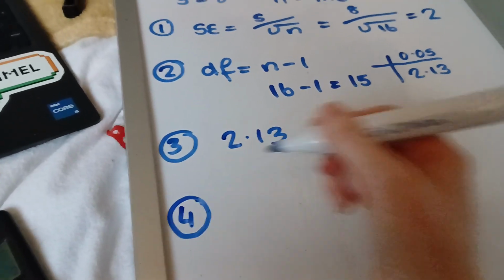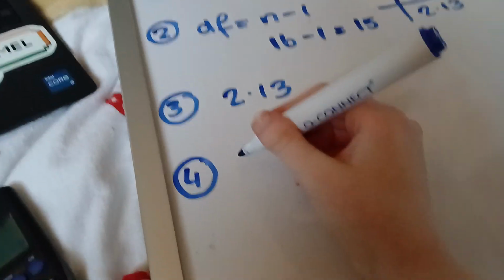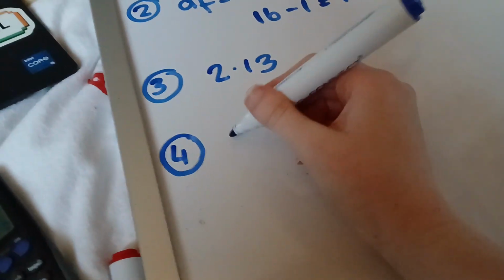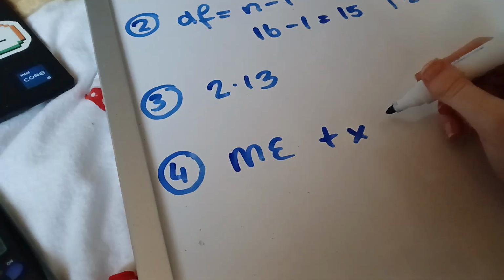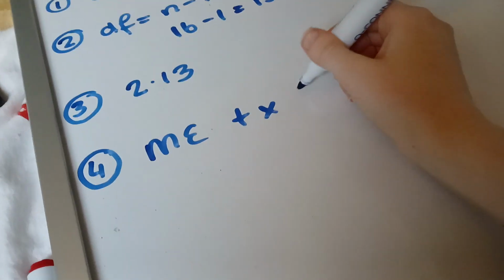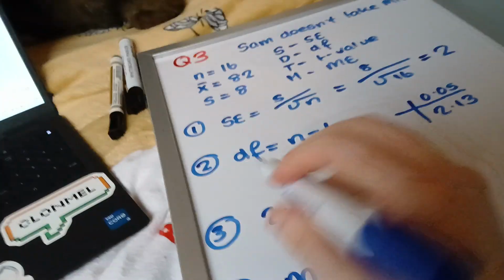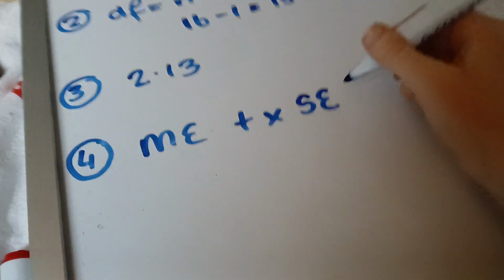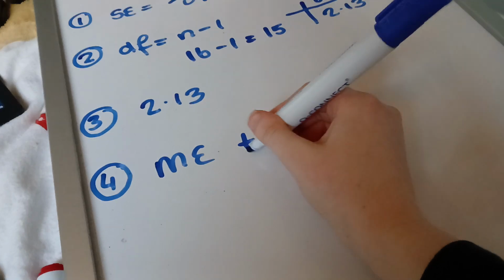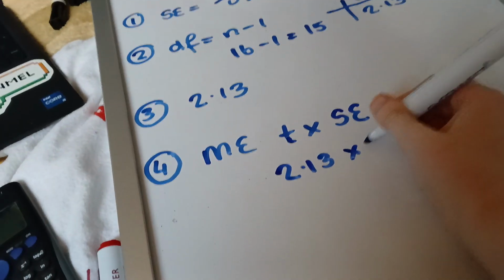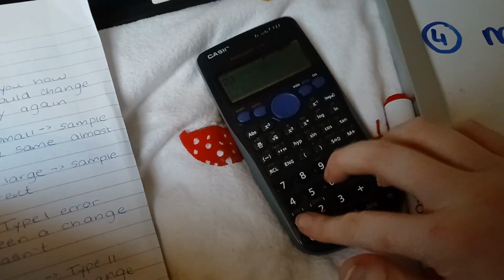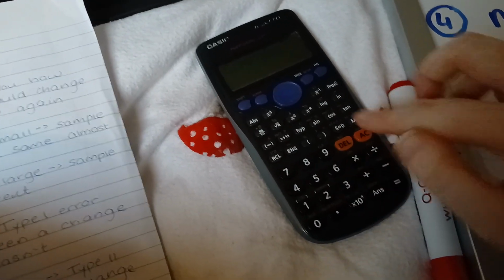So we'll go to step 4 then, sorry. So the formula for the margin of error is t multiplied by, I think it's, 2 secs, I just have to double check. So it's t multiplied by the standard error, which we already calculated, it was 2. So using this formula, we know our t-value, so 2.13 multiplied by 2. Let me just do that. So 2.13 multiplied by 2 is